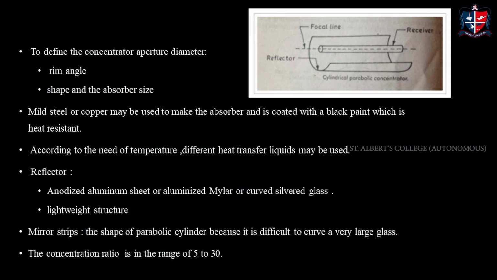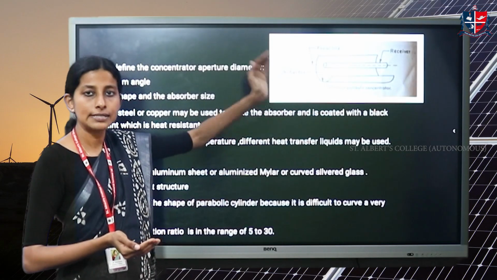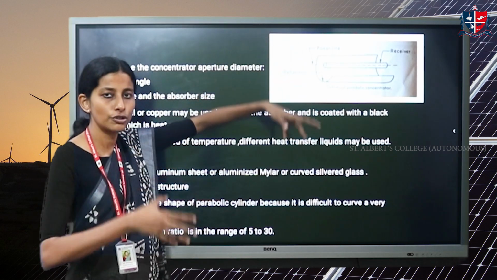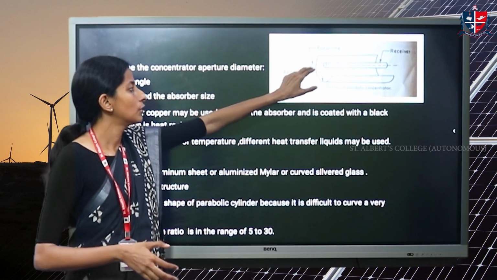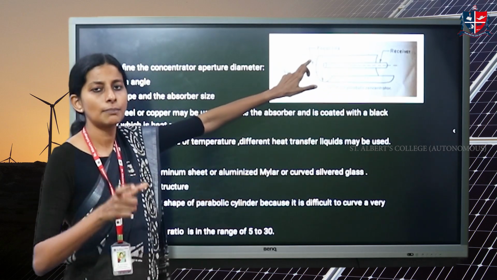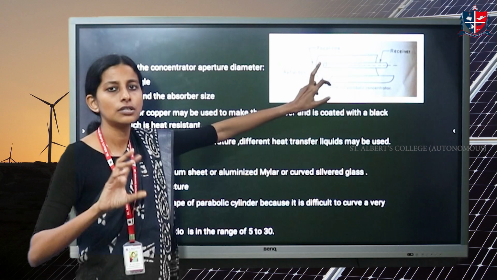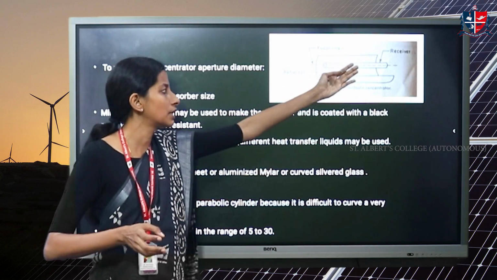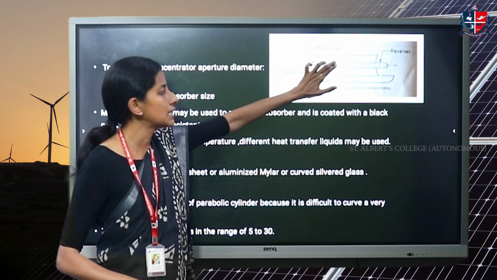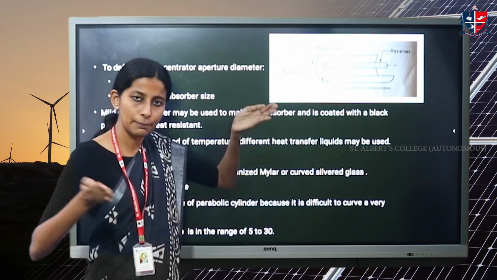You can see this is a cylinder, a cylindrical parabola is there. That is the aperture, or that is the reflector here. So solar radiations are first falling onto the aperture. From there, you are placing this. This is the absorber or the receiver. Always remember, absorber is same as receiver. Okay, the names could be changed in different textbooks or different scenarios. You might be confronting with the term absorber. Understand that it is the receiver. This thing is placed in the focal line. That means the solar radiation falls on the cylindrical parabola.